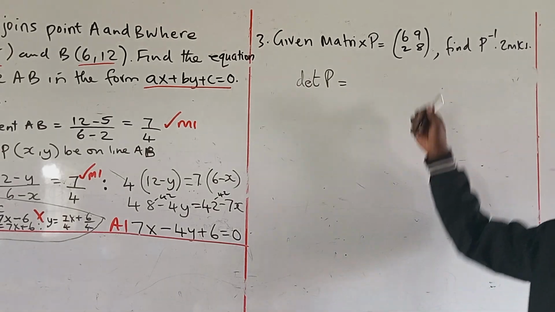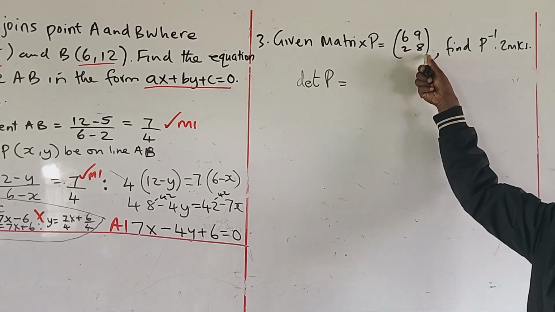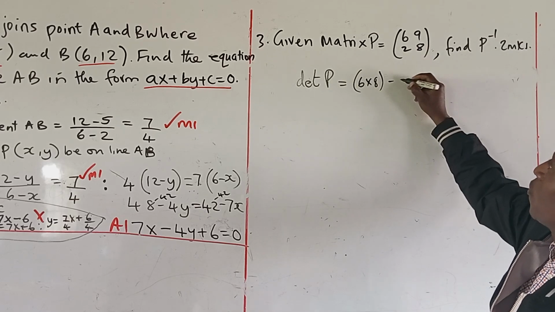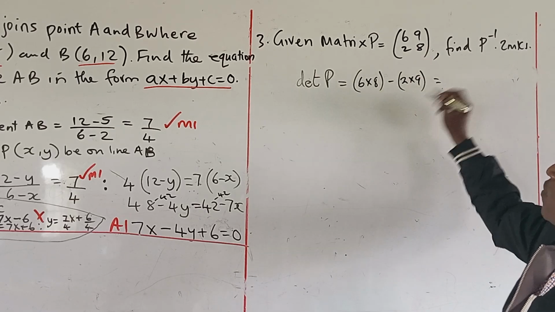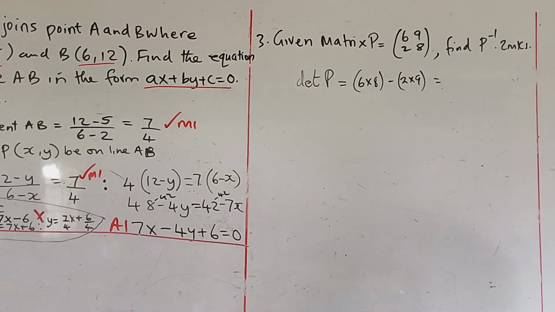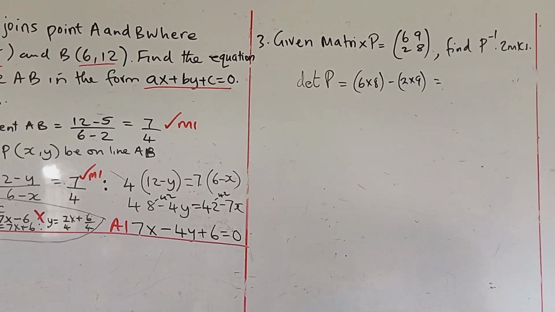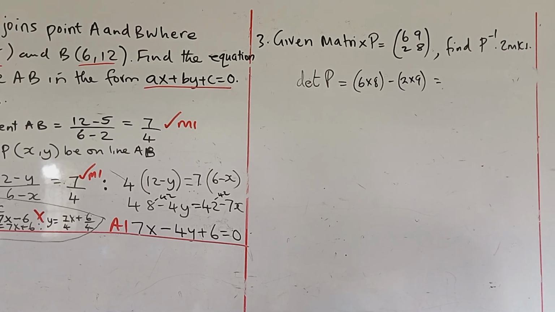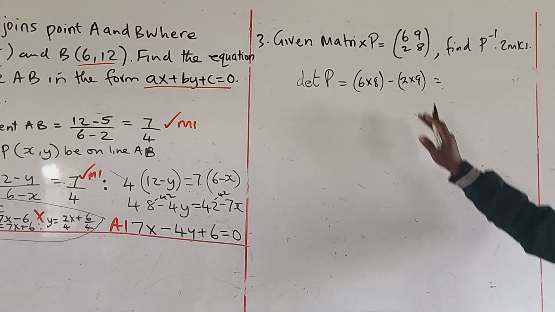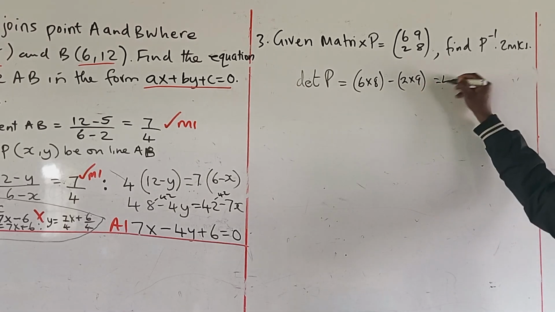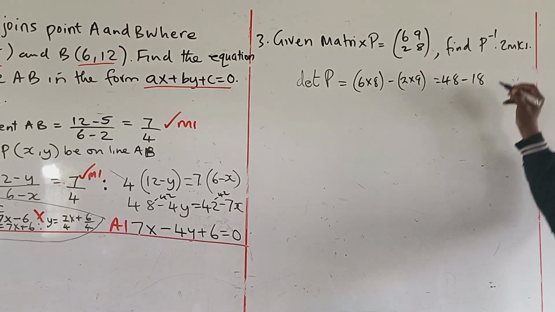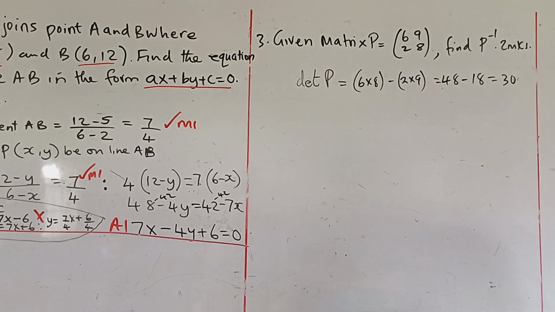The determinant of P is given by the product of the leading diagonal, that is 6 by 8, subtract 2 by 9, and that gives you 48 minus... 48, sorry, I would like to make a correction there. We have, yes, it's all right. 48 minus 18. That gives us 30. Now,